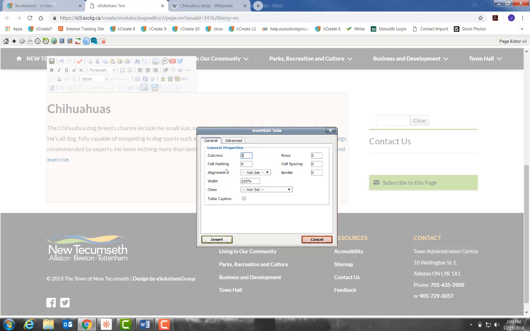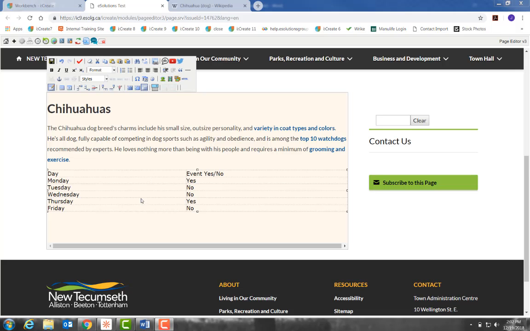Once the Insert Edit Table dialog box pops up, you will indicate how many columns and how many rows you wish this table to have. Once you've done that, you can go ahead and click Insert. Once you've inserted your table, you can then go ahead and fill out the different columns and rows with the